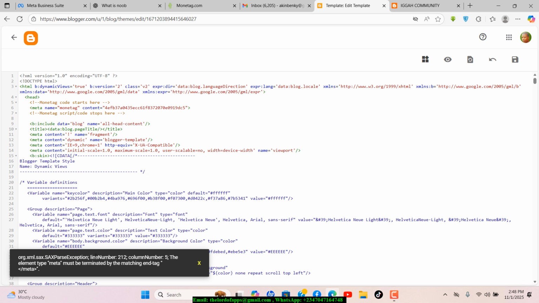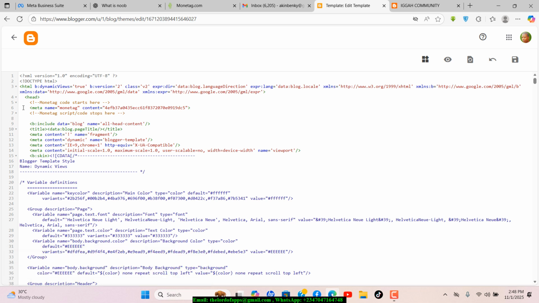It says okay, colon this terminated by matching end tag. Okay, so that is the problem. If you take a look at our code in here, this is what they gave us from the money tag, but